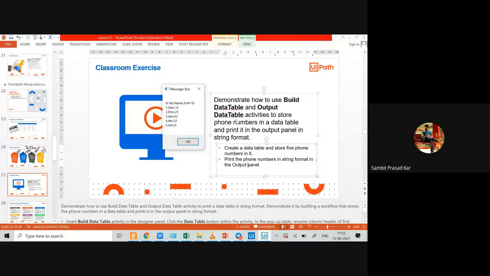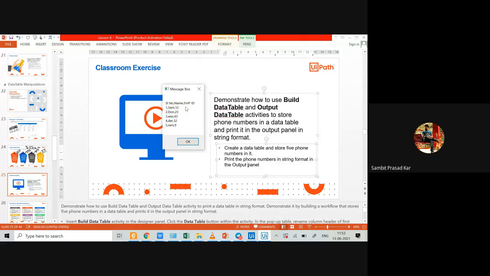Use string. If you are using an email ID, give it as a string. So this is comma separated. Serial number is 1, 2, 3, 4, 5, right? Comma, name. Names are Sam, Don, West, Dale, Rame, right? Employee IDs are 12, 23, 43, 32, 9, right?